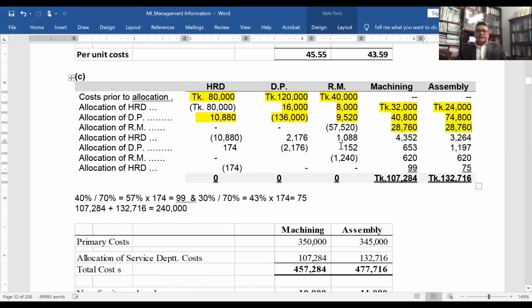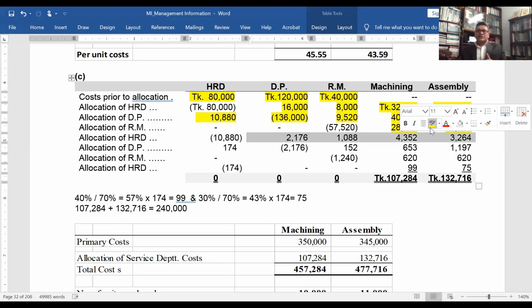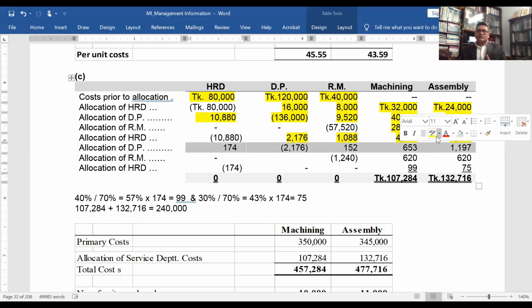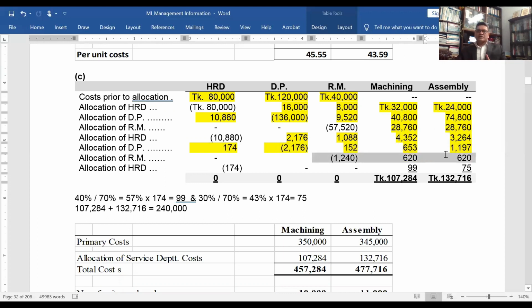So after that, again, look, this HRD cost, that means the data processing amount 10,880, is again allocated to all departments as per the previous ratio. So come here again. Look here, data processing the same way. This way is the reciprocal. Look here. This is the accurate method of overhead allocation. So here look, it is the machining department,